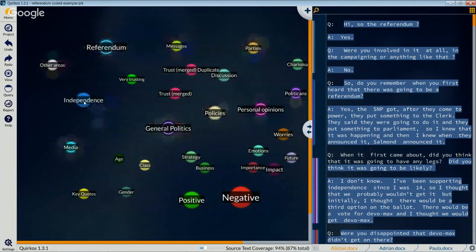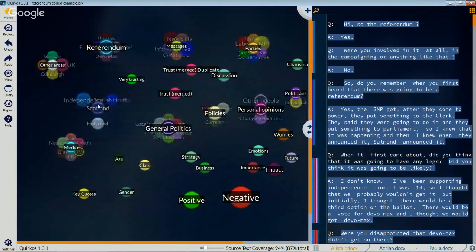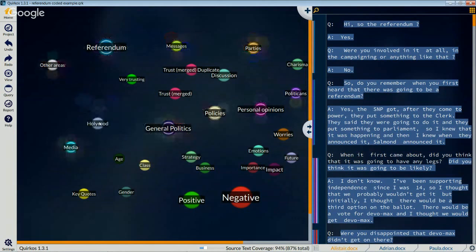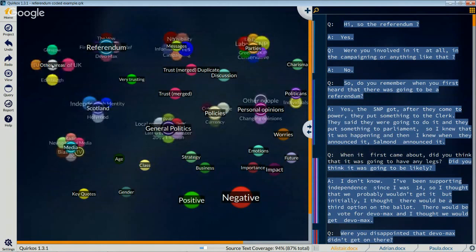and we've made this its own theme because it's quite important. We've got things like independence, Holyrood, which is the Scottish Parliament, and Scottish identity. But we've also got other areas here. Now, the trouble is Scotland can't be its own thing and also be described as another area. So what happens when there's a code which belongs in more than one aspect? So, for example, here, I think we've got